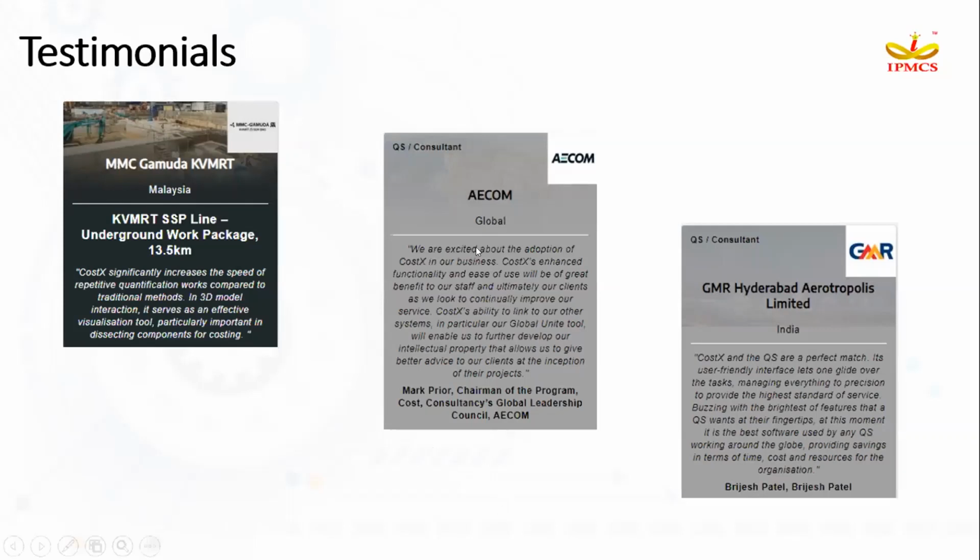And ACOM, one of the global cost consultants, again, they have shared their experience that Costex enhanced functionality and easy to use solution, so that it helps their clients ultimately, they can look to continually improve their services. And GMR, where their vision about Costex is, they felt Costex is a perfect solution for the QS.